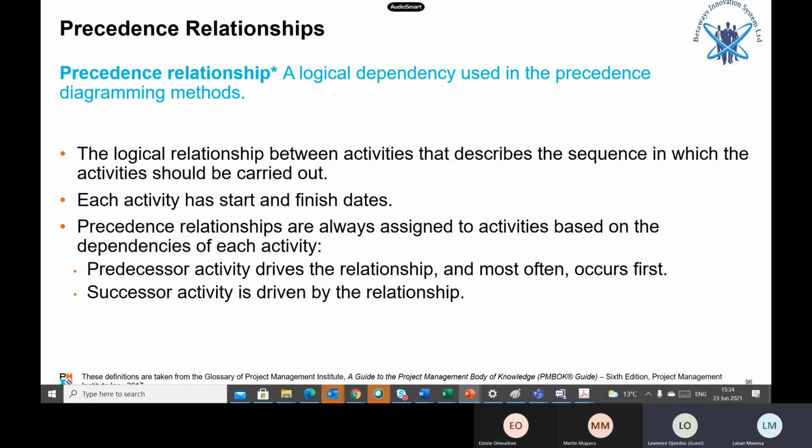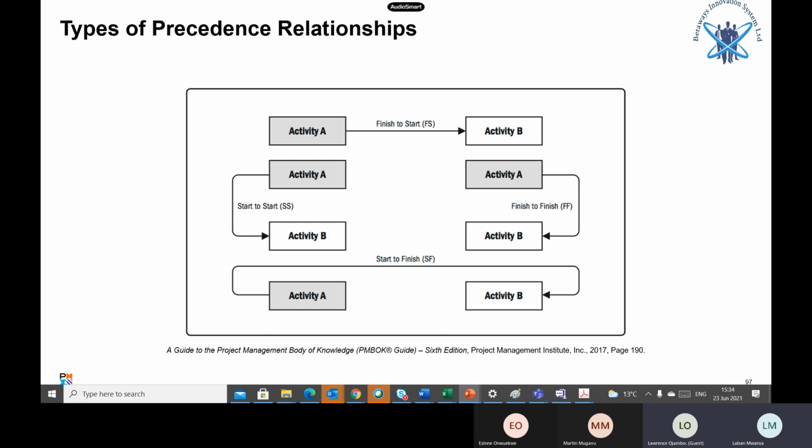The precedence relationships. And this is one of the favorite questions in PMP, because they want to understand whether you understand the difference between them. We discussed this, of course, yesterday. I just want to know whether you still understand